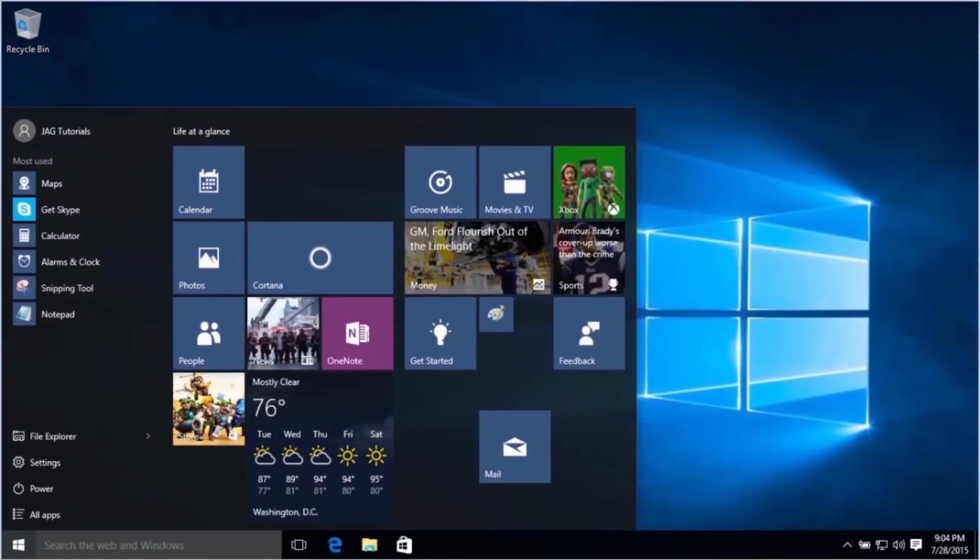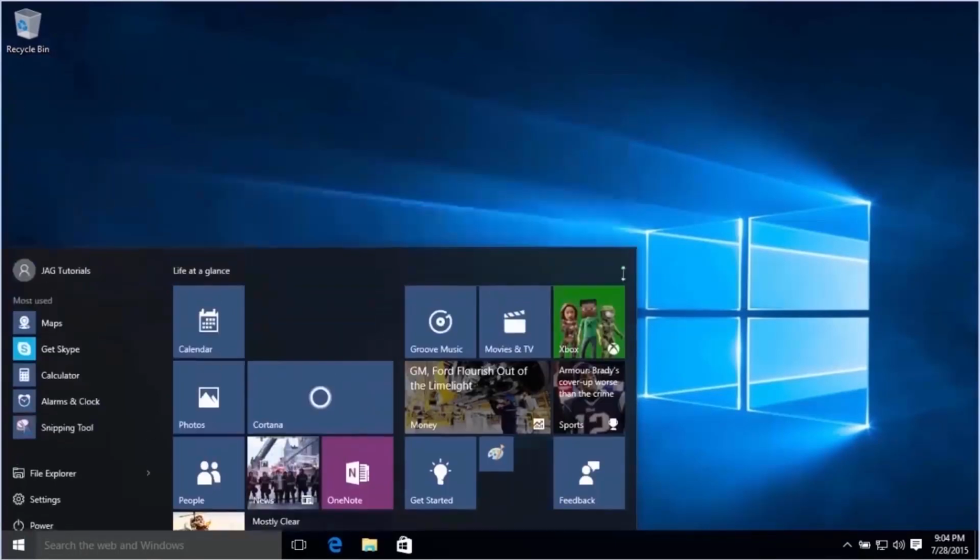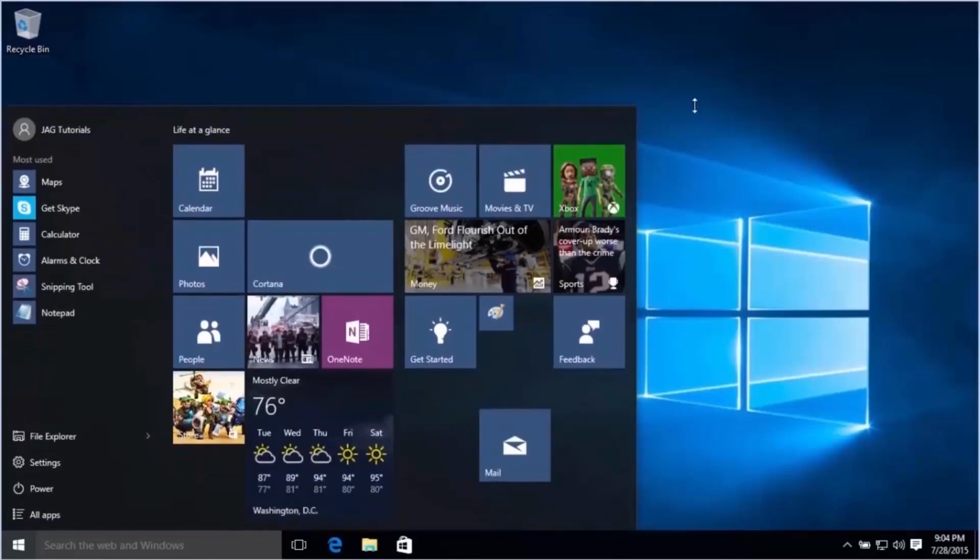We have the option to change the size of the Start menu. If we hover the mouse over the top edge of the Start menu, the mouse icon will change to a double-sided vertical arrow. Click and hold, and drag up and down to change the size. It can be increased to this size at the maximum, and this size as the minimum. If you are someone who fell in love with the Start screen that replaced the Start menu in Windows 8, it can be turned back on through the taskbar properties.